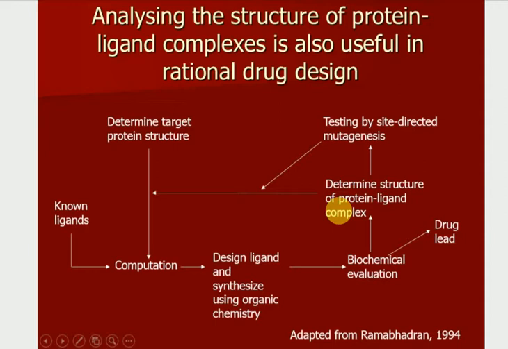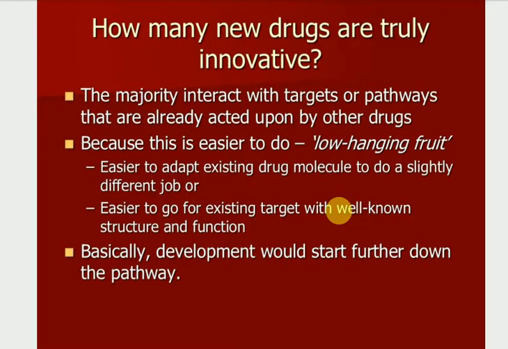And then by the end of the process, we'll have gone around the cycle several times and we'll have developed a molecule which is more druggable, more useful. So this idea of rational drug design, as I've said, relies upon knowing about the drug target